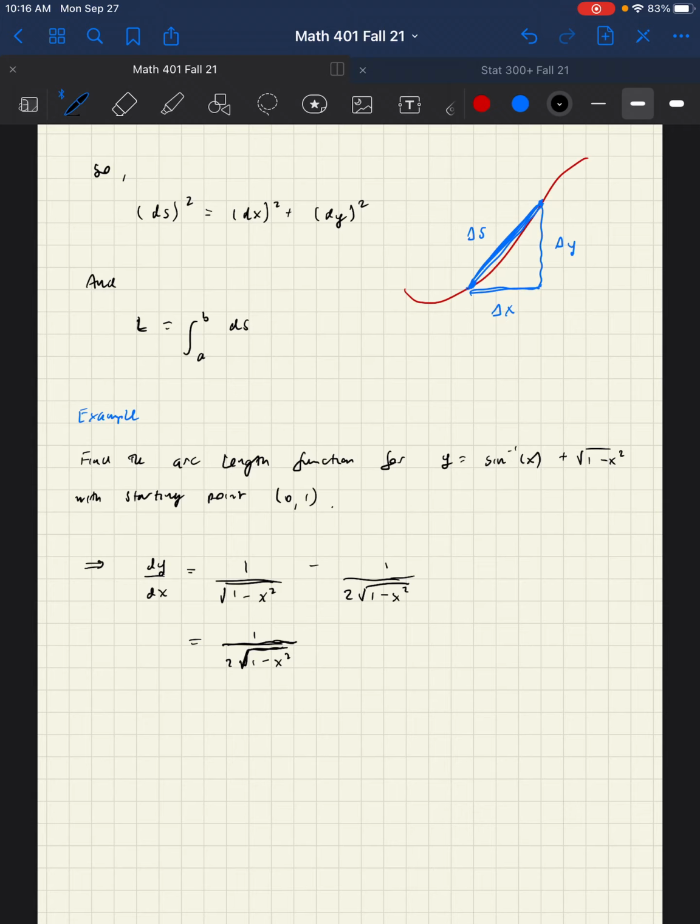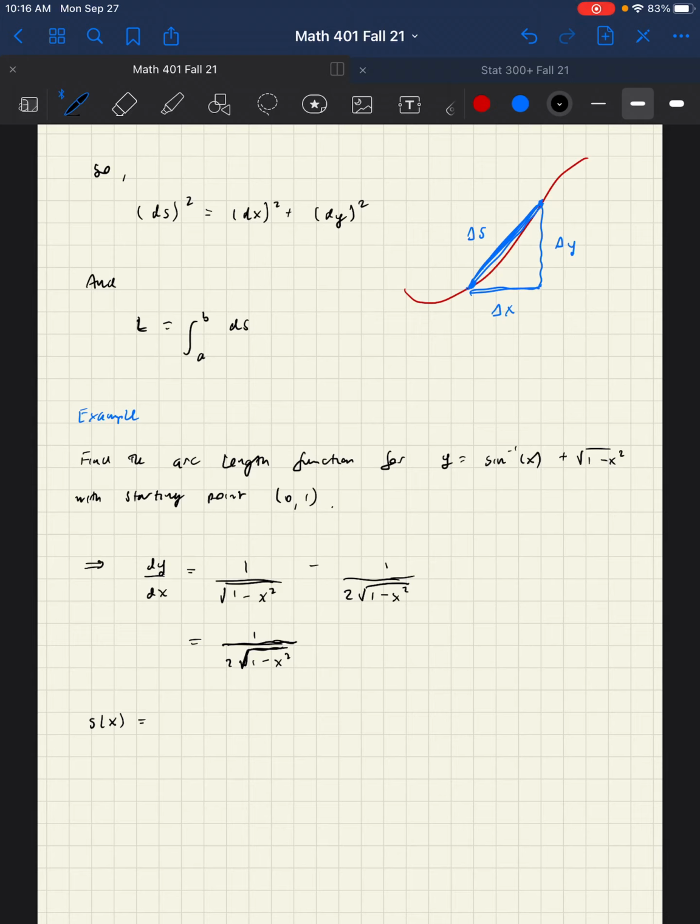Square root of 1 minus x squared. Yeah, that should be right. You can double check if you'd like, but yeah, that should be right. Okay, so that's the derivative of y with respect to x, which means then that s of x,